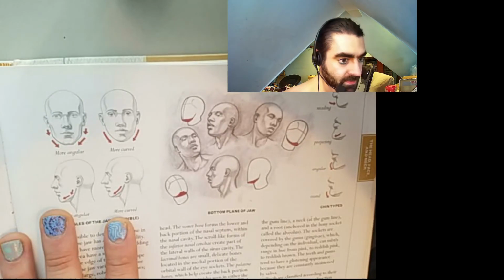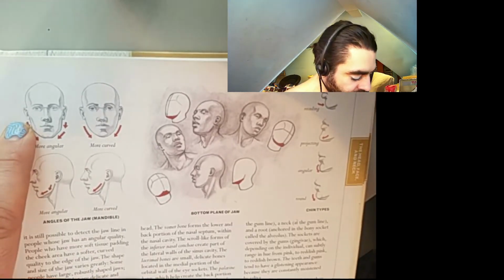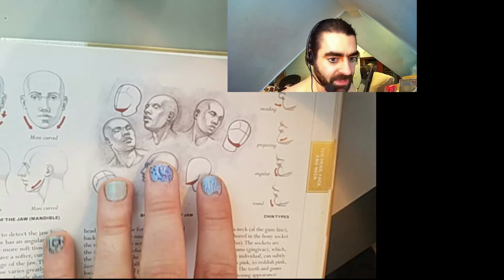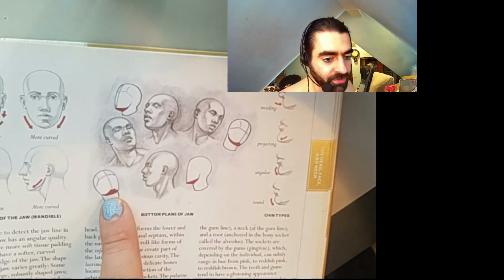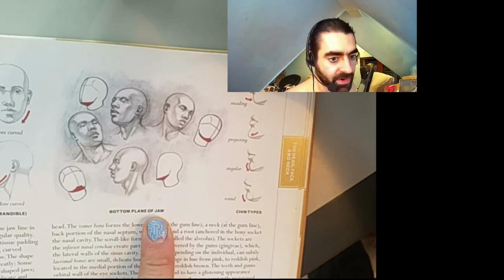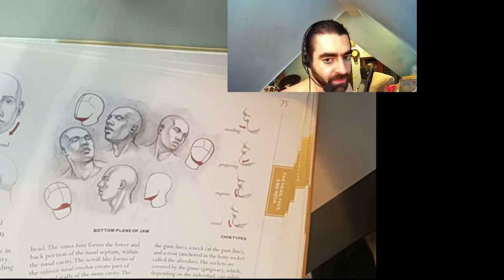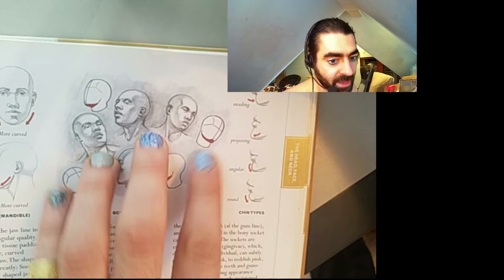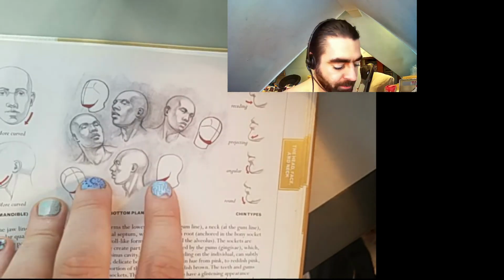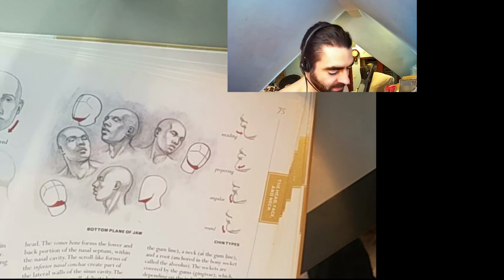And you can even see over here as well. It's showing you the angles. It's obviously for different kinds of people. I'm more angled than curved. I don't know, I'm kind of in the middle. But here, drawing the side of the face and drawing the chin, the shadow underneath the chin, is very, very important. Because if you can get those shadows in without worrying about it, then you can worry about the more complicated things like the mustache and the nose on top. You're not going to draw a good beard if you can't draw a good chin. So that's what we're learning. Same thing with the eyes. You can't draw good eyes if you can't draw a good...